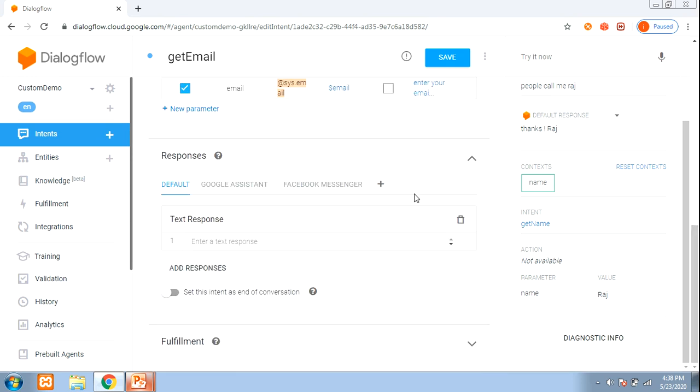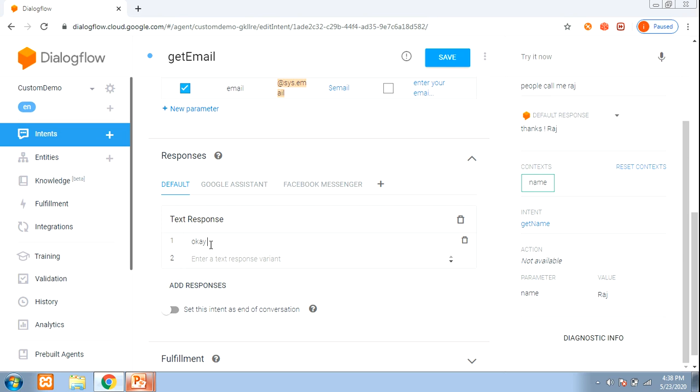Always remember, guys, humans learn by experience, but machines always learn by data. So the more training you provide, the more understandable and strong your bot is. Now go to the responses. In the text response, add your text like okay, we will get back to you on your email, and pass your email ID here.